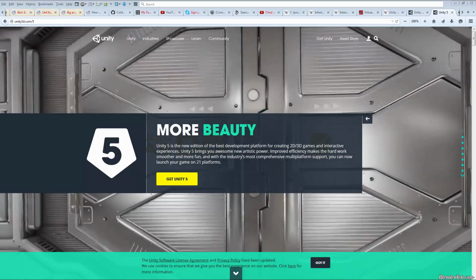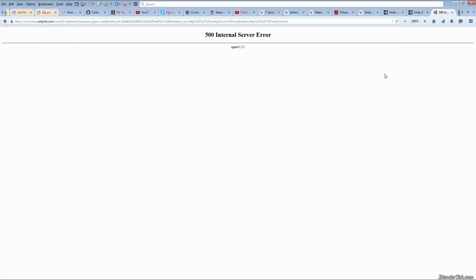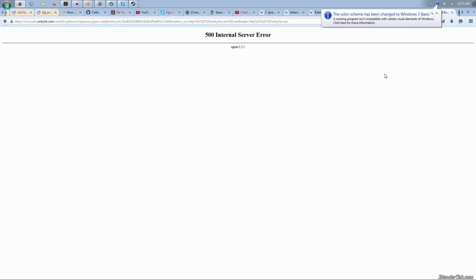So, since the Unity servers are choking, as you can see here, I'm getting errors all over the place. I can't log into my account to download the new version. Let's quickly look at the new features of Unity 5 until I can log in and download it, and then I'll make a quick video showing off the new version of Unity versus Unreal 4. I'm going to do my usual import a mesh and material into both engines and see how they look. We'll see just how good global illumination looks in Unity 5, because